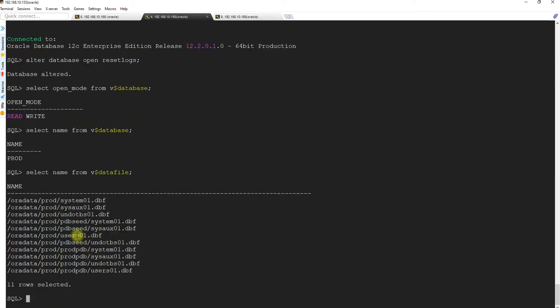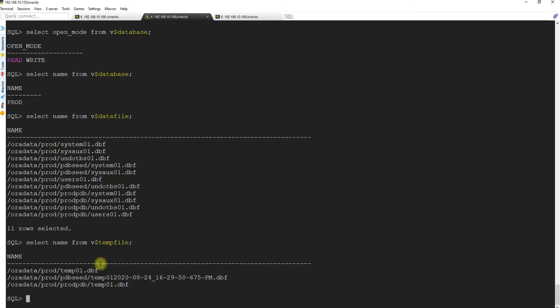It has restored the PDB seed, the root files as well as the PDB files into the prod folder. We will check the pfile to see what we messed up. Select name from v$tempfile. So yes, three temp files are there.